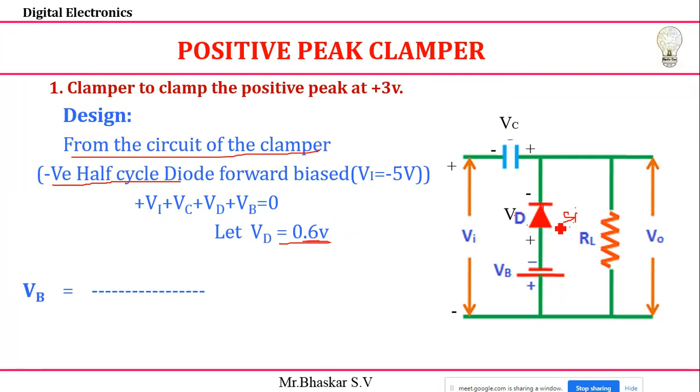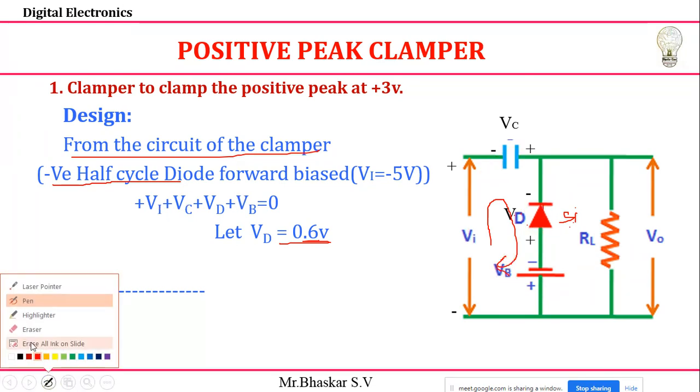If it is a short circuit, current starts flowing here and the capacitor gets charged in this direction. This is what we discussed in theory. So the capacitor gets charged, and this charged voltage decides what voltage needs to be clamped. So I'm going to apply KVL to this network and write the equations. If you want you can write it directly, but I'm going to explain how to get it. It is my output equation.